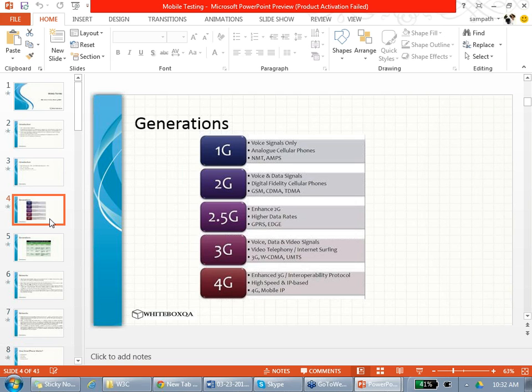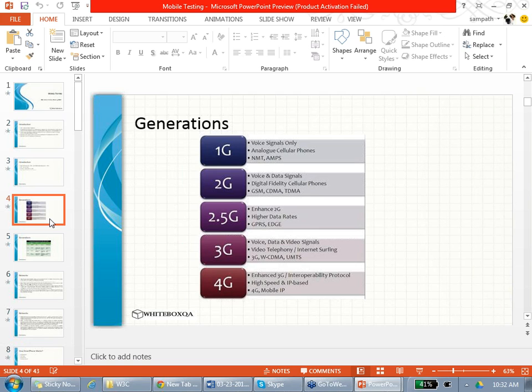So it is mostly voice, and if you say 1G, 2G, is there no 1.1? Is there no 1.5? Yes, there are 1.1 and 1.5. Actually, SMS came near 1.5. So there is SMS in 1G, but it's 1.5G. You don't need to take it particularly like that. So that is the first generation of phones.